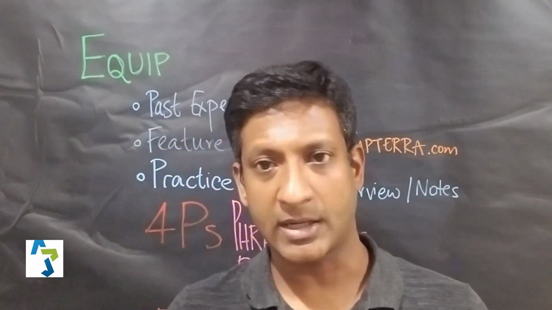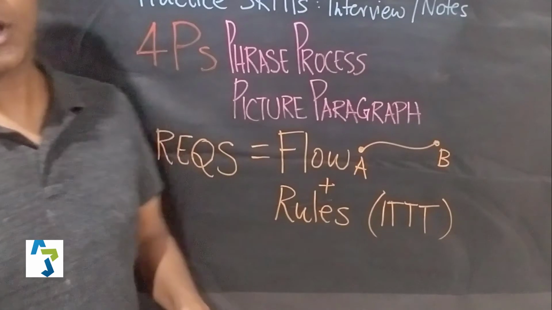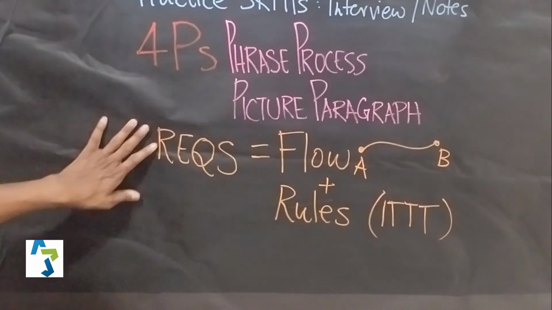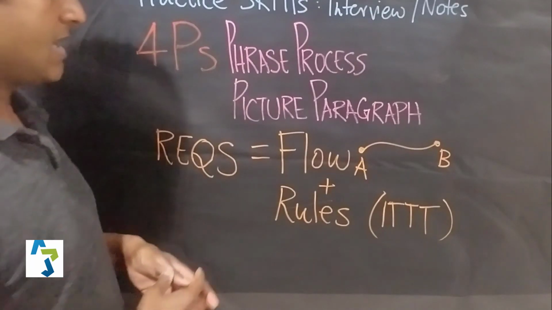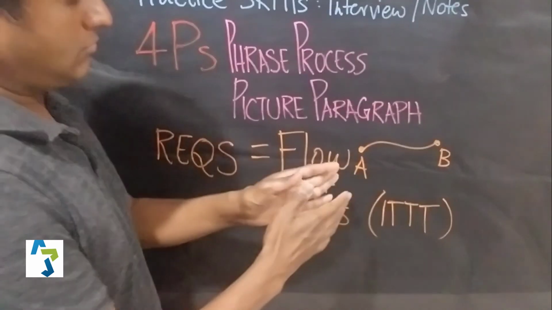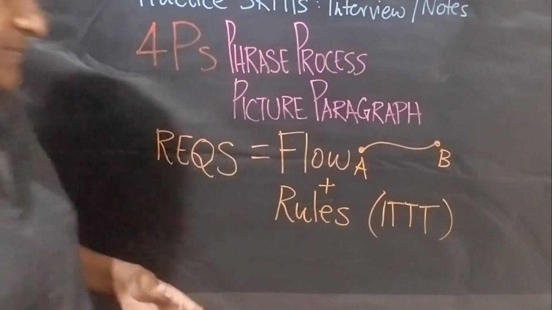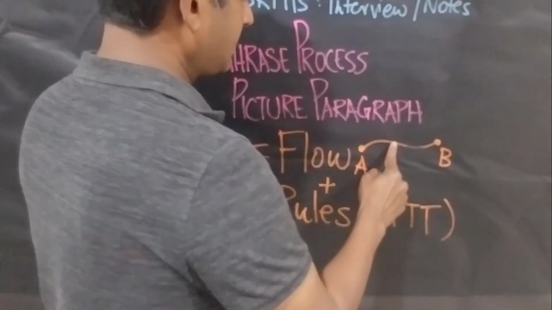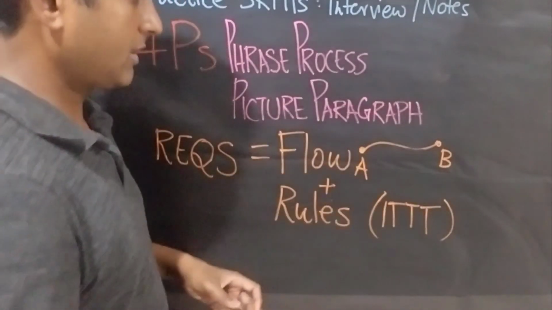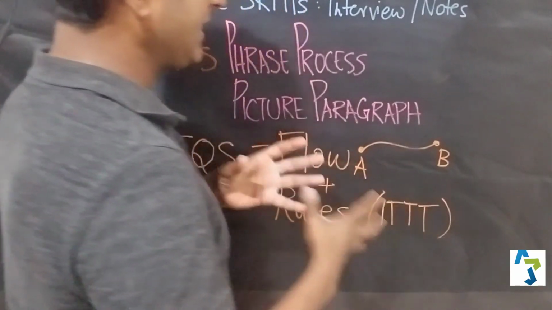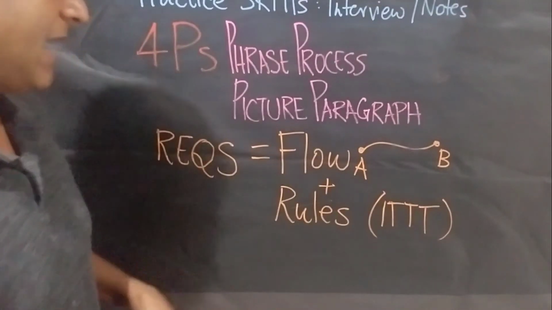Now, 2 things when it comes to any requirements. Let's dig a little bit deeper into what you would document in this paragraph. Anytime you're dealing with requirements, there are 2 things that are critical and form the core of how you would document requirements. It involves the flow: how do you progress from point A to point B? And it involves the rules that transpire while you're doing that flow. Certainly there might be a rule that says you cannot do this unless, or if this, then that. Any rules that relate to what is allowed, what is permissible, not permissible, that would be a rule.